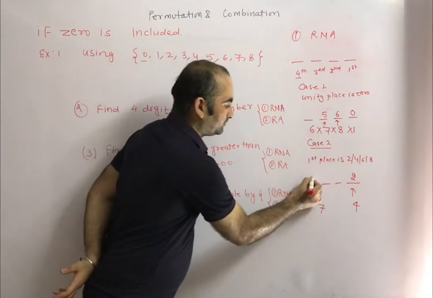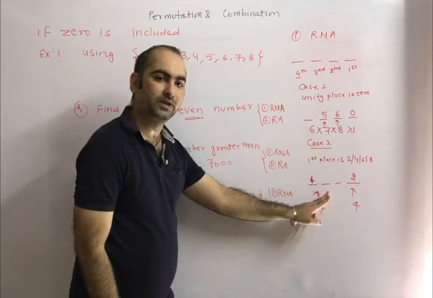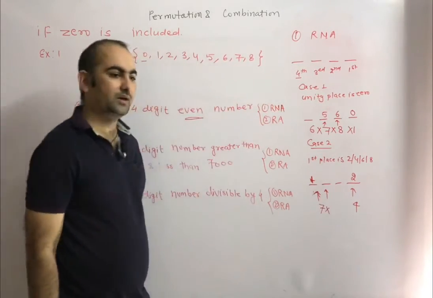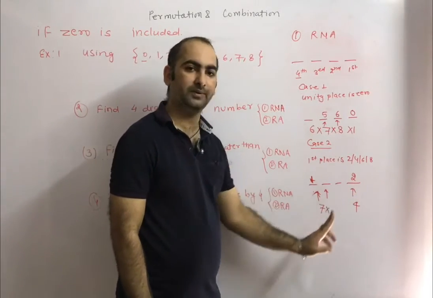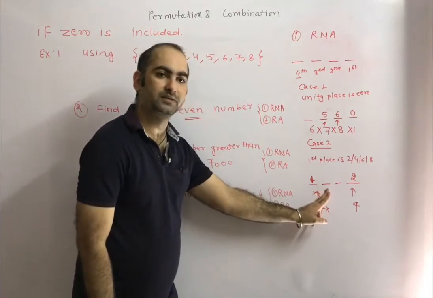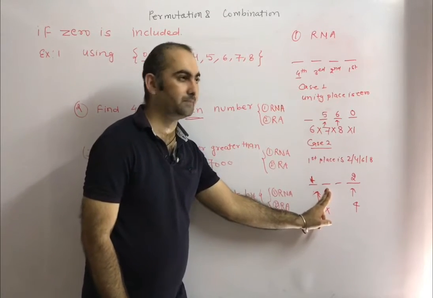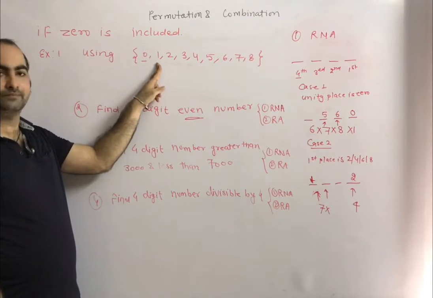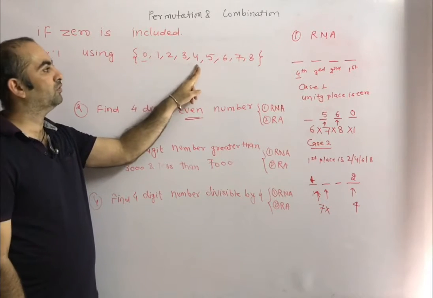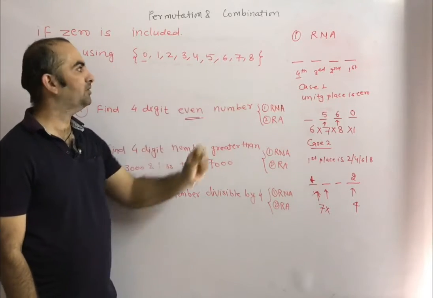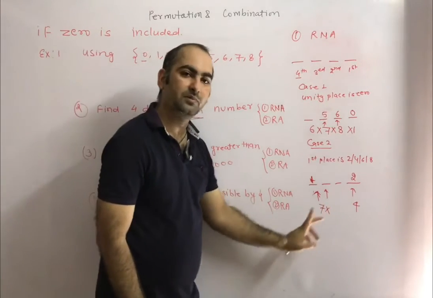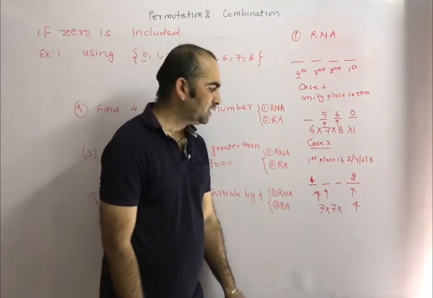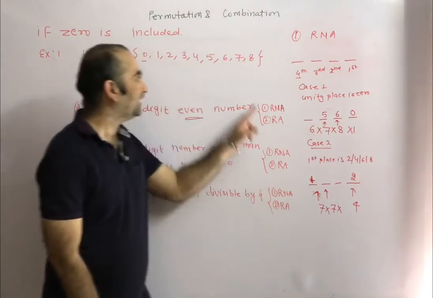Correct? Now you have to fill third place. So what you have to do? Multiplication. Now here 1 and 2 will not repeat. Now you have to fill third place. At third place we can put 0. Yes. So for filling third place, how many choices do we have? We can put 0 also. We can't put 1, we can't put 2, but we can put 3, 4, 5, 6, 7, 8. So how many choices do we have? 7 choices. Into.